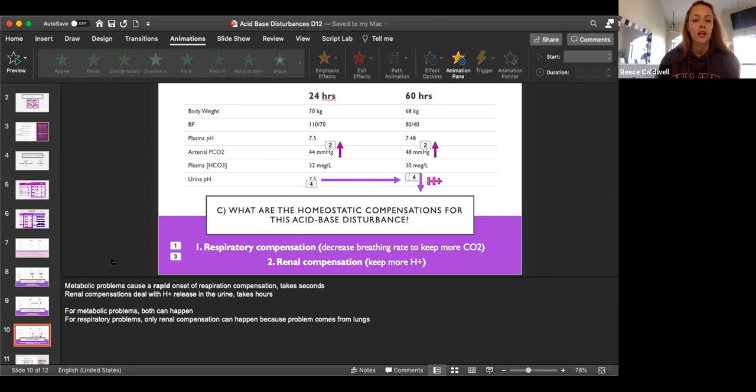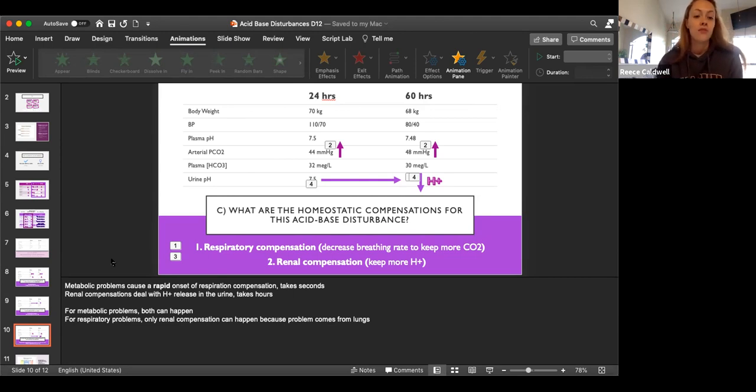for a measure. What we also see is that renal compensation deals with the loss of hydrogen in the urine, but this takes hours. Filtering the blood in the nephron is not a seconds process. It takes minutes to hours. So this is why we use pH and bicarb a lot more than we use carbon dioxide to analyze alkalosis and acidosis. However, with our metabolic problems, both of these can happen, but with respiratory problems, only renal compensation can